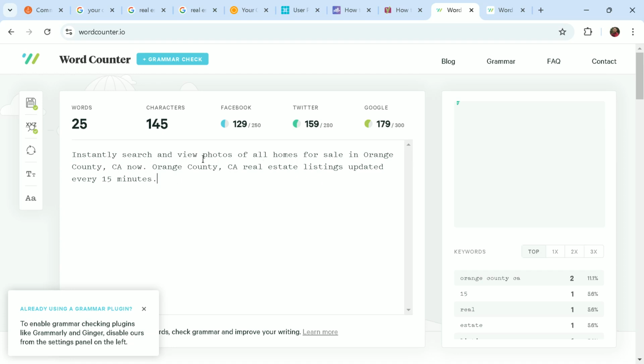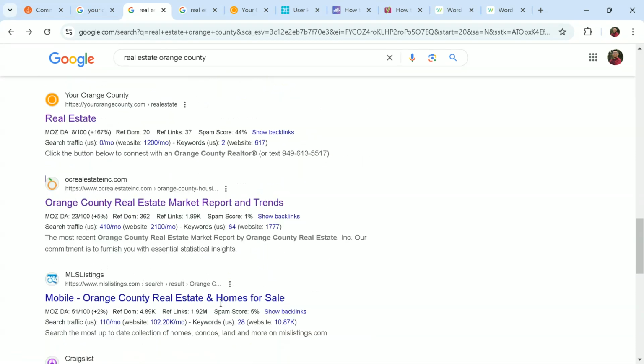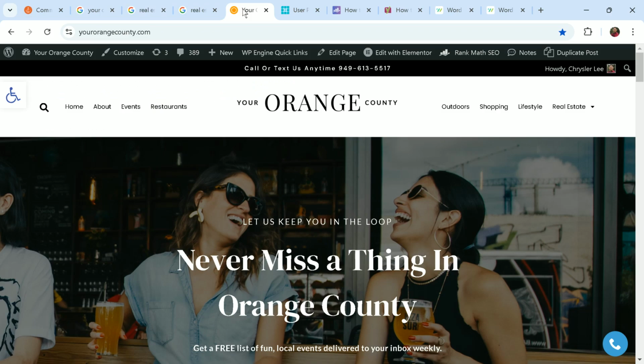It uses an active voice. We have a call to action, which is to search and view photos of homes here. We use our focus key phrase, which is Orange County and real estate. We've shown specifications when needed, so we update this website every 15 minutes. We made sure that this copy matches the content of a real estate page. And lastly, this is unique for this page, and it's a bit different from what you will see on other websites for the same search term.